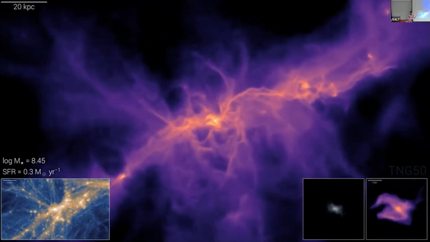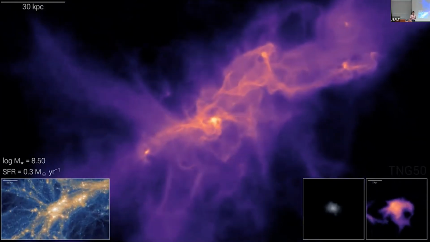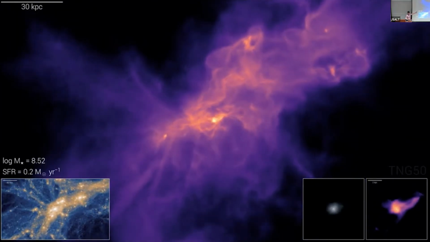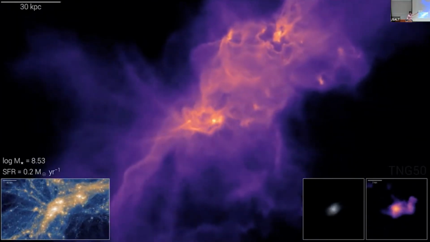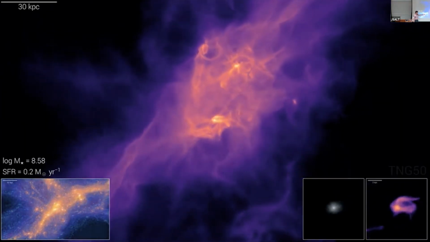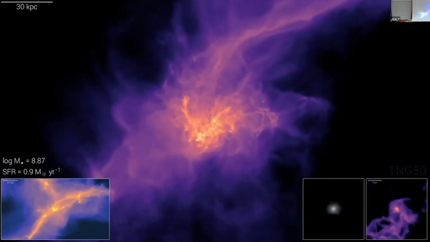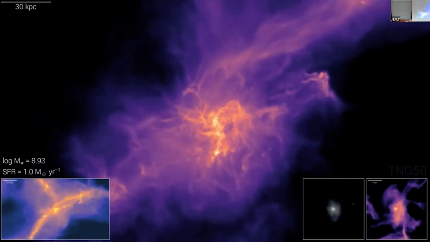Now, the interesting thing about gas is it's dissipative, right? So it can actually lose energy and shed angular momentum, causing it to form into these smaller scale structures. A lot of interesting fine-grained structure in there. And indeed, down here, you can see the stars, and actually a zoom in as well of the gas is showing where it's being born. So in these lower two panels.